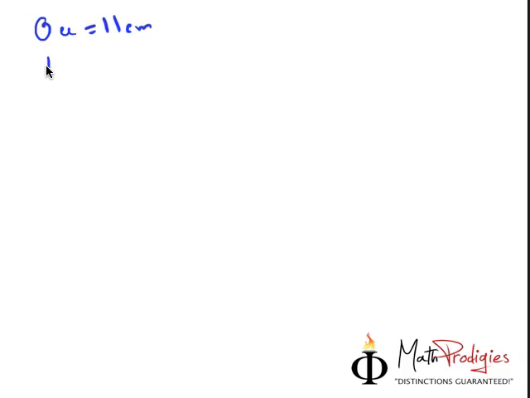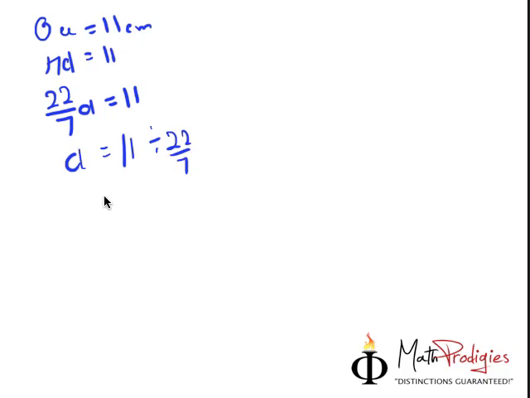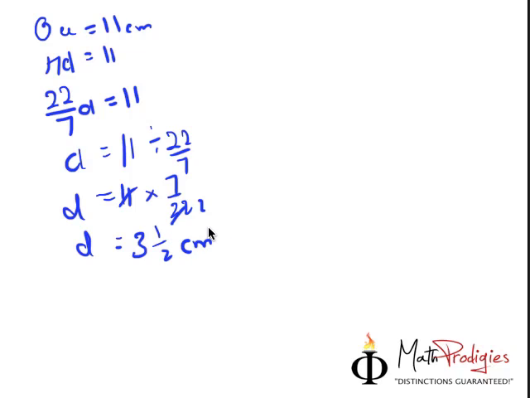So let's try pi d first. 22 over 7 d equals 11. So what's the diameter? D equals 11 divided by 22 over 7, which also equals 11 times 7 over 22. Cancel, cancel to 7 over 22. D equals 7 over 2, which gives you 3.5. If your diameter is 3.5 cm, what is your